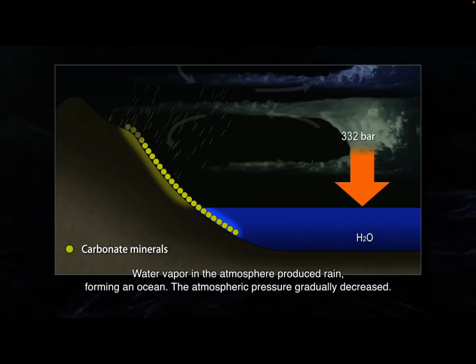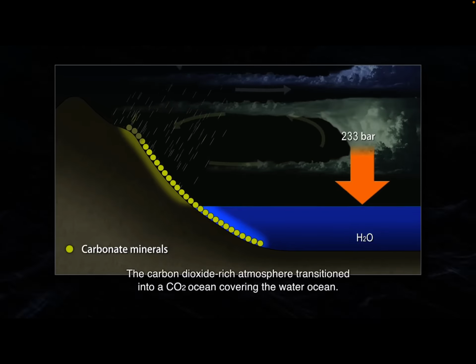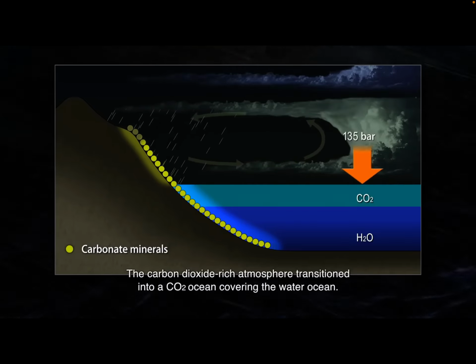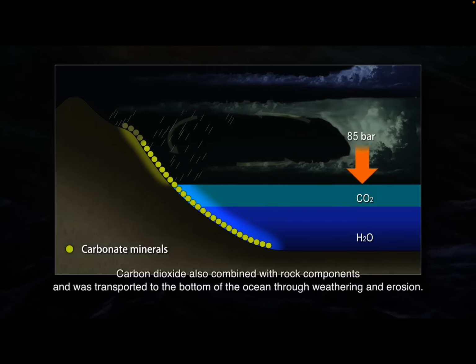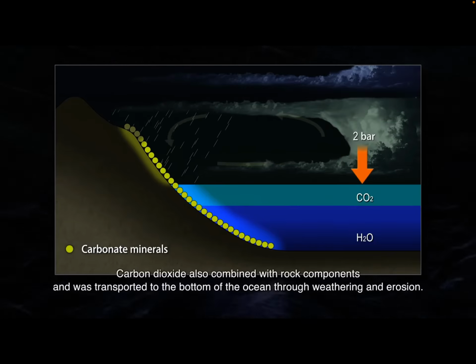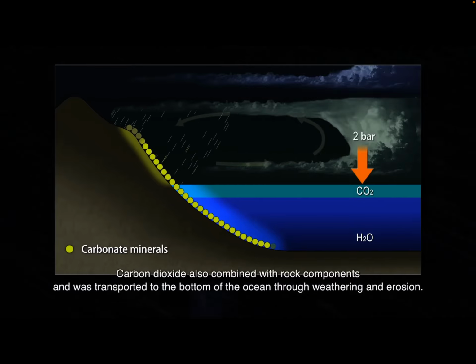The atmospheric pressure gradually decreased. Yeah, the atmospheric pressure was very high, even higher than Venus. The carbon dioxide-rich atmosphere transitioned into a CO2 ocean, covering the water ocean. And right now it was from 300 bar to about 2 bar. Carbon dioxide also combined with rock components and was transported to the bottom of the ocean through weathering and erosion. The carbonate minerals